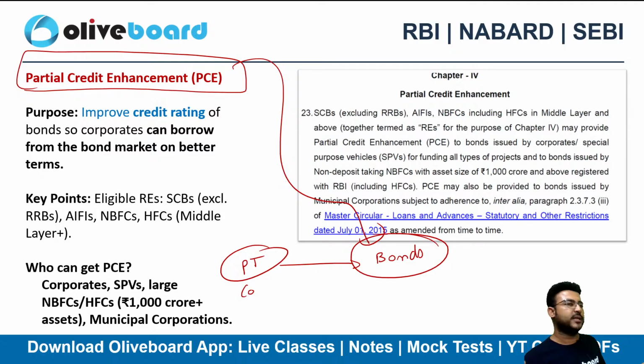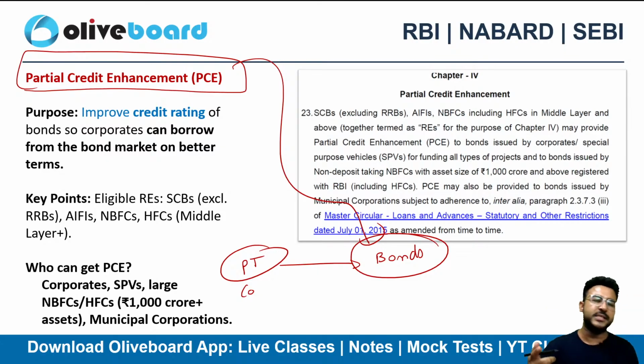If I am unable to pay the money to my bondholders regarding the principal repayment, regarding the interest repayment, the bank will take the responsibility of paying them up to a partial amount, up to a certain amount, right? That's why the name is partial credit guarantee, not full credit guarantee, because the bank will only be undertaking a partial liability here as a guarantee, right? So as a guarantee, the bank will be only undertaking a partial liability for me, right?